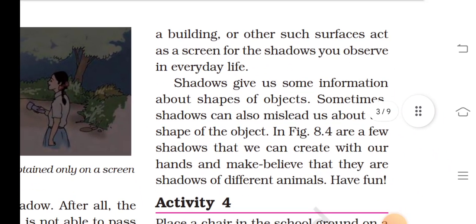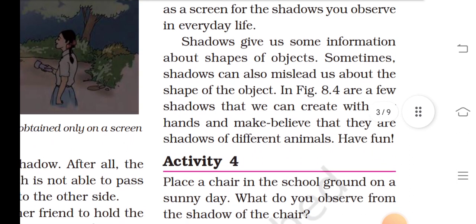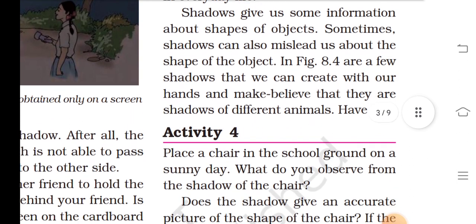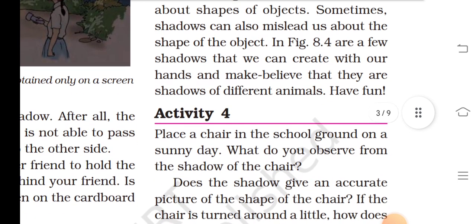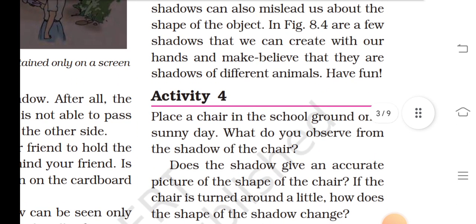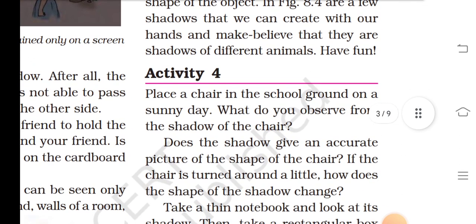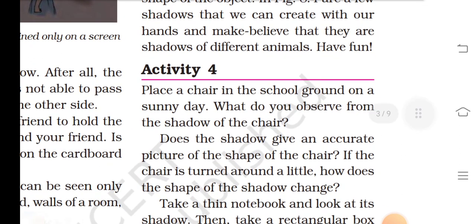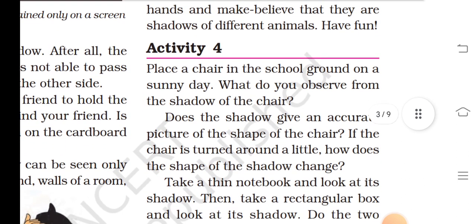A building or other such surface acts as a screen for the shadows you observe in everyday life. Shadows give us some information about the shape of objects. Sometimes shadows can also mislead us about the shape of an object. There are a few shadows that we can create with our hands and make believe that they are shadows of